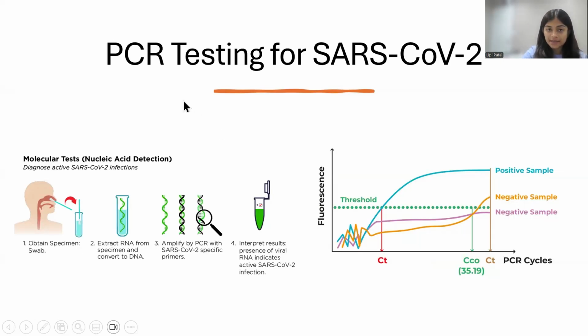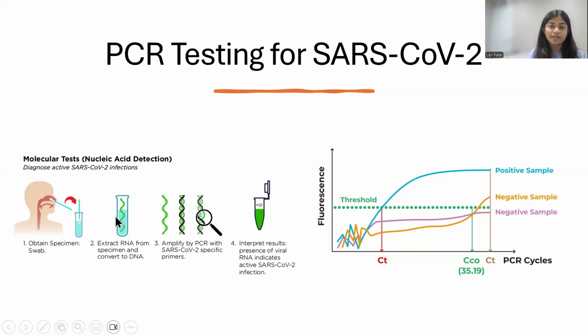Last is the PCR testing for SARS-CoV-2, which is the virus responsible for COVID-19. The molecular tests that they perform to detect the presence or absence of the virus start by collecting a swab. We all know that. They collect the swab from the nose or throat, dip it into a solution, and extract RNA from the specimen, which will be converted to DNA,